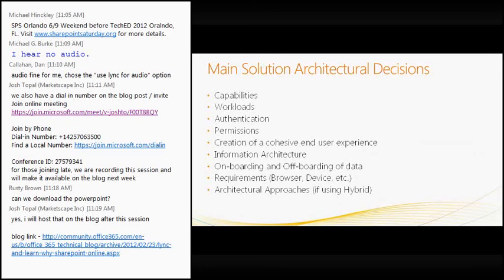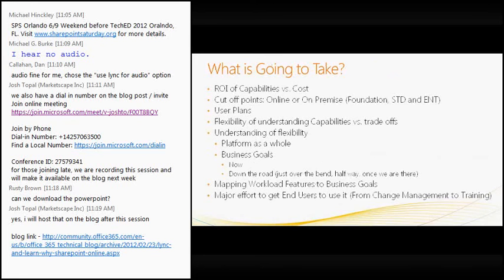As mobile devices are becoming more and more apparent, make sure you have that built into your architecture. There will be some tweaks, especially as tablets become more and more prevalent. Make sure you have that in your governance plan. And then also, especially if you're going to go anywhere towards hybrid, make sure you speak to your hardware guys and they have all that taken care of. So what's it going to take?